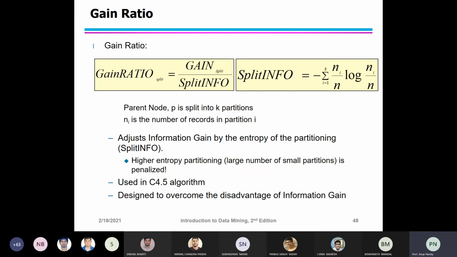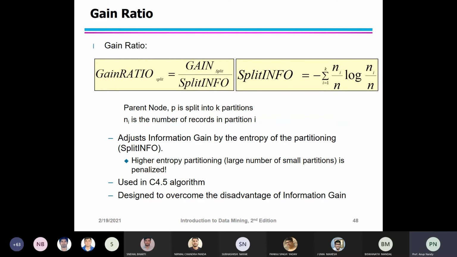Another strategy is to modify the splitting criteria to take into account the number of outcomes produced. This can be used in the C4.5 decision tree, because there are ID3, C4.5 and CART, and I'll discuss all the algorithms.